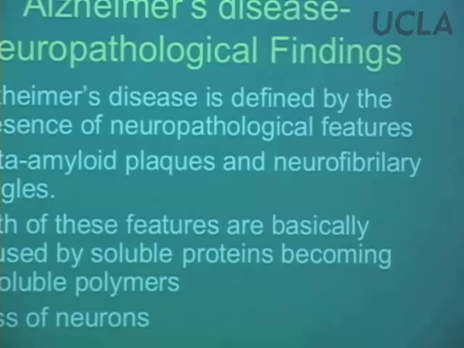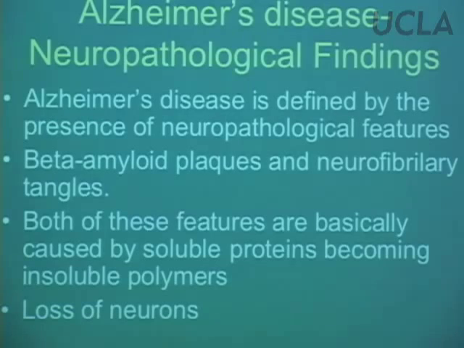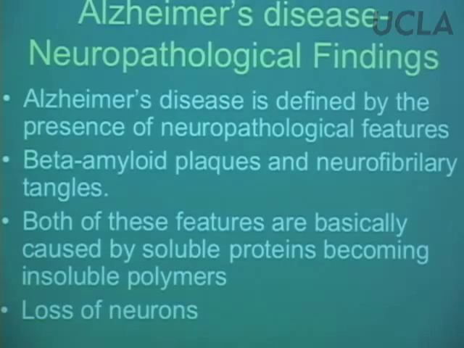So those are the cognitive findings. What about the neuropathological findings? In fact, to officially get a diagnosis of Alzheimer's disease, you need to have these specific neuropathological changes. In real life, though, people who start to have some cognitive decline, some elderly people, you don't usually go in for a brain biopsy to note these things. You basically make the diagnosis of probable Alzheimer's disease just based on behavior. However, the real definition of Alzheimer's disease depends on having these neuropathological findings.